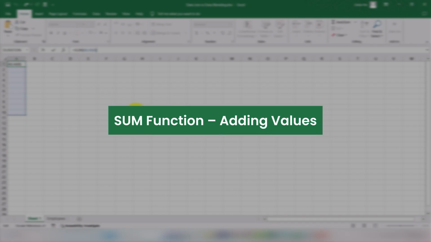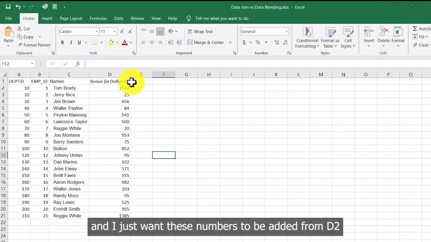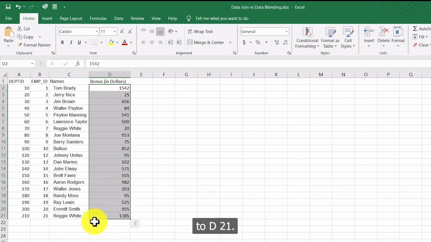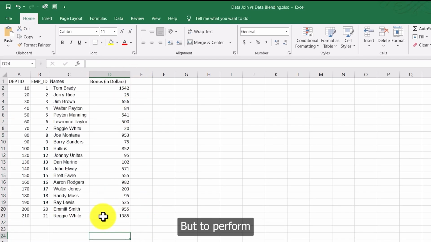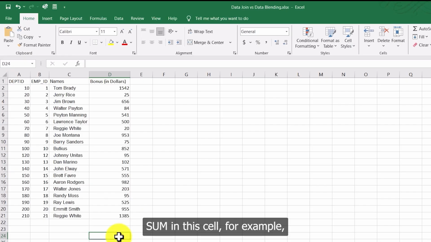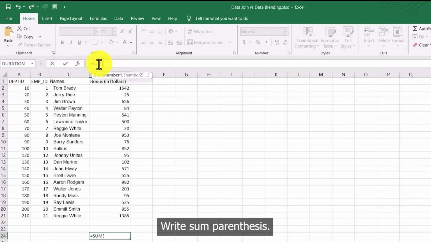Sum function, adding values. The sum function adds numbers in a selected range of cells. For that, let's assume we have data of employees in here, and I want these numbers to be added from D2 to D21. It will be really difficult for me to add all of this one by one, so to perform sum in this cell, I just write a formula in here. I click on this cell where I want the answer, go to this formula bar, write equal sign, write sum, parenthesis,